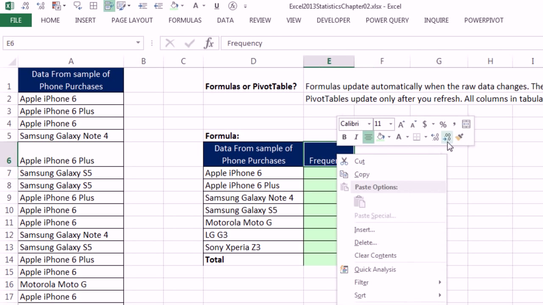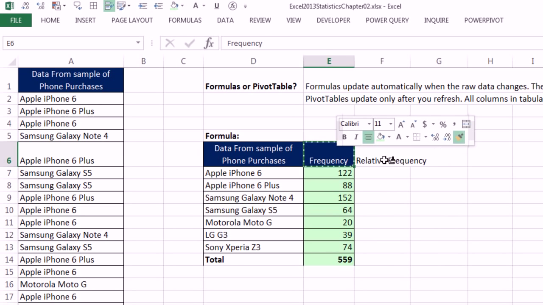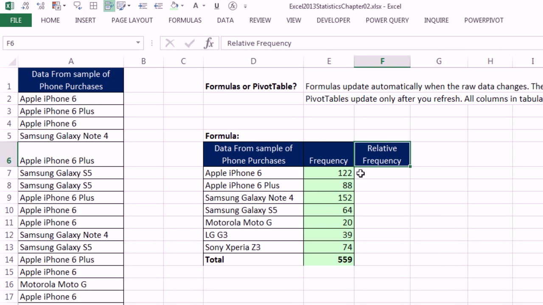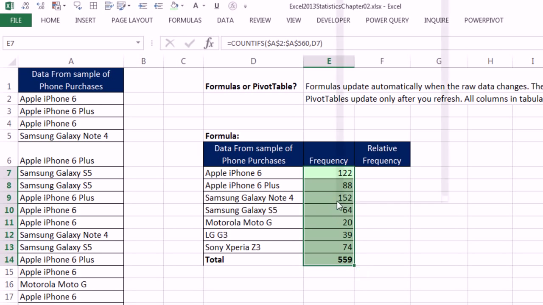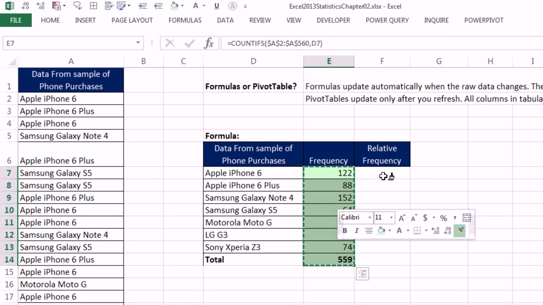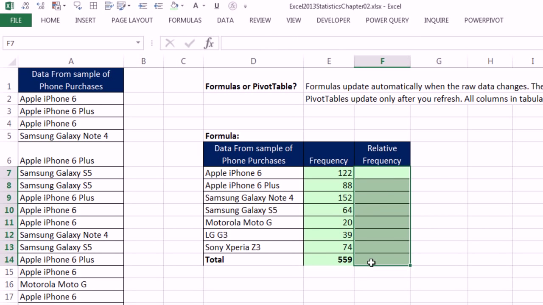Now I'm going to right-click, point to my paintbrush. When I see my paintbrush, I'm going to click, and boom, I formatted that. I'm going to highlight this whole column, right-click, click on the paintbrush, and boom. I love that. Look at that. It did the whole column just by clicking in the top cell.